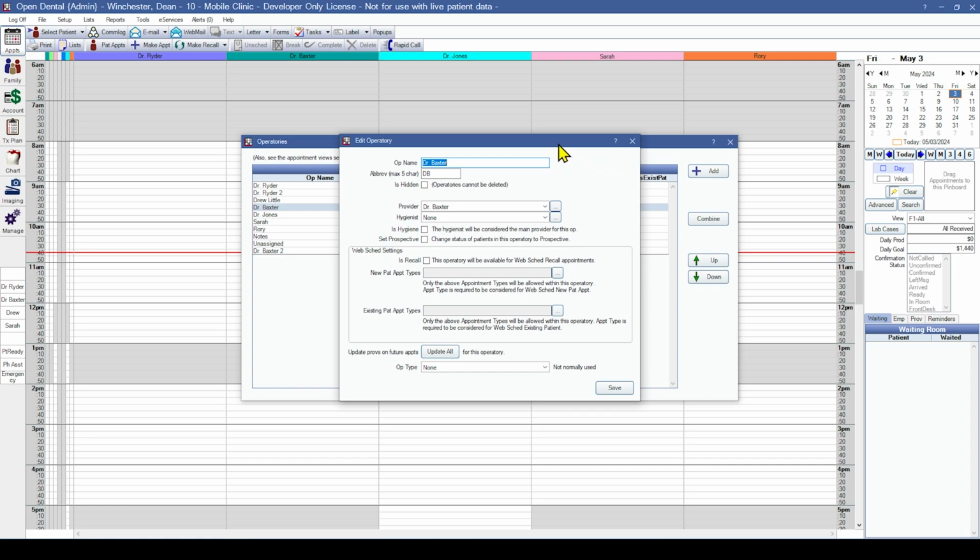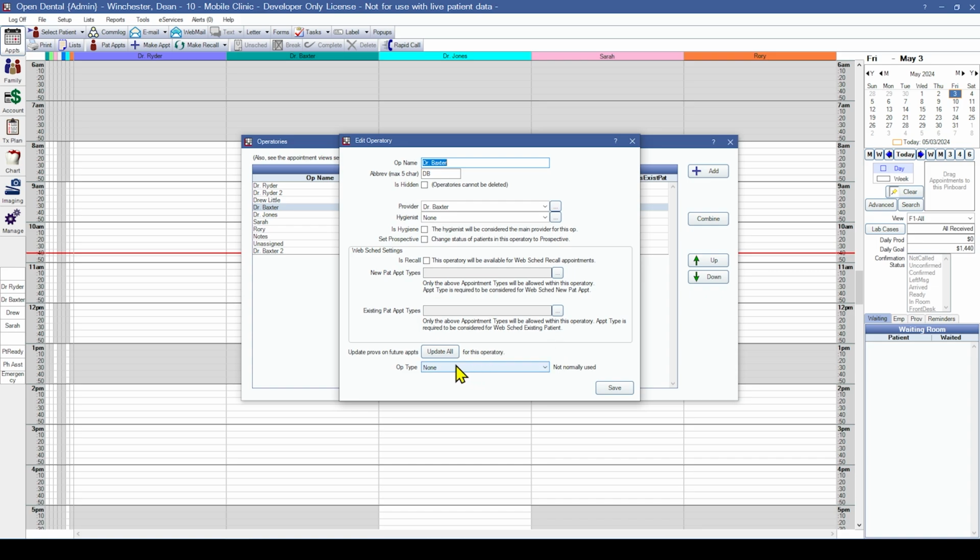Again, more often if you are sharing operatories found in the other video linked below, or if you need to override the scheduled provider in that operatory. Typically, you will also want to make sure to make a backup of the database and run this tool after hours. It can take quite a while to run occasionally, especially if you have a lot of appointments. And it's one of those changes that cannot be undone, which is why we like to make a backup as